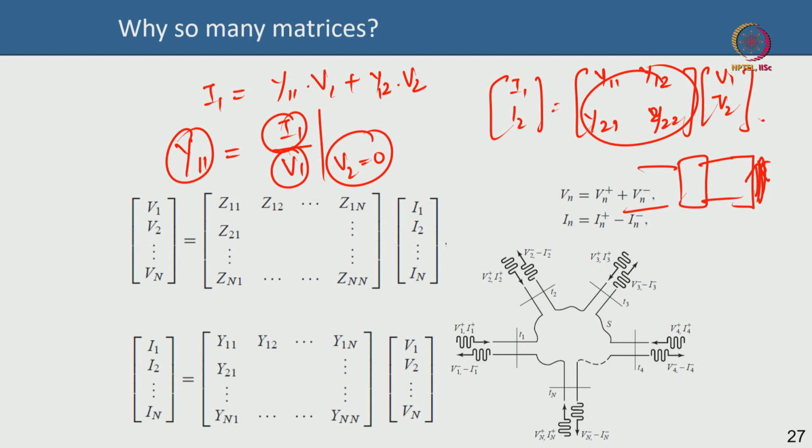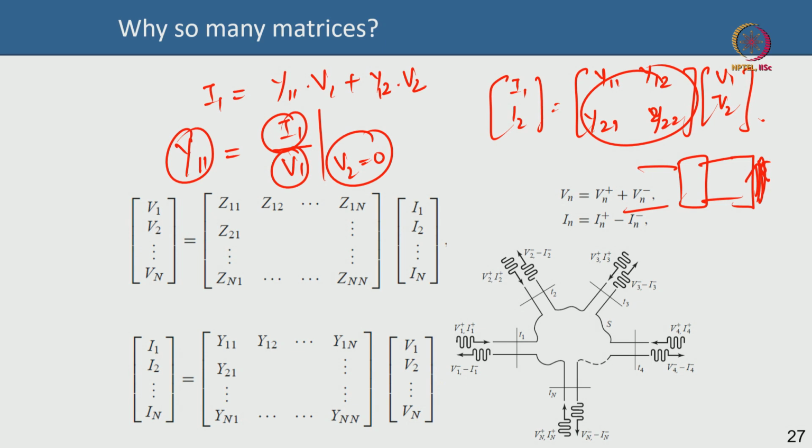Anyway, so what we saw from this Z matrix and the Y matrix is that by keeping an appropriate terminal short or open, you can measure the ratio of current to voltage, voltage to current, etc., to find out different Y parameters or Z parameters: Y11, Z11, Y12, Z12, etc. Okay, you can do that. But there is a practical problem here. This is all good mathematically, but when you want to measure it experimentally, there are some practical